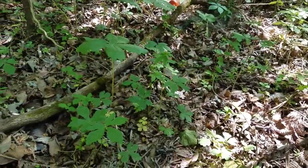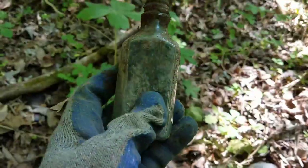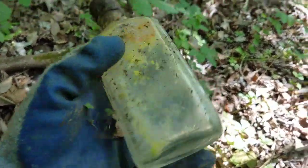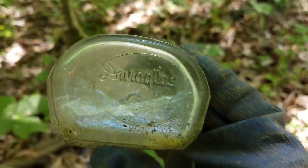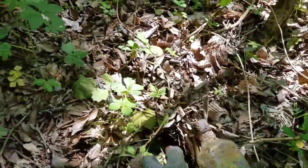I see probably at least 5 or 6 bottles right now just on top of the ground, but look at that. There's one there. Look at this one here. This one's got, I believe, a screw top, so I don't know how old it is. It says Duraglass on the bottom there. I'll have to clean these up and show you guys how they turn out. And look,